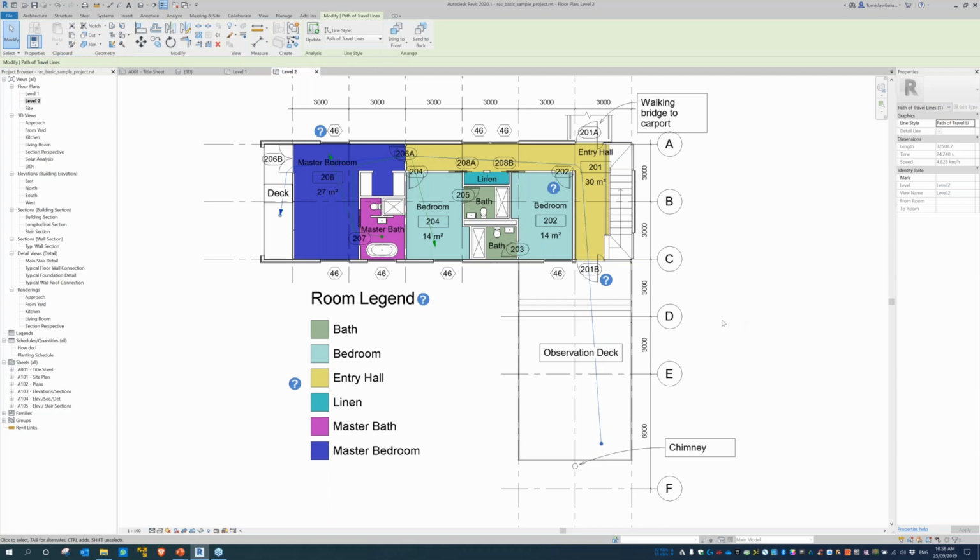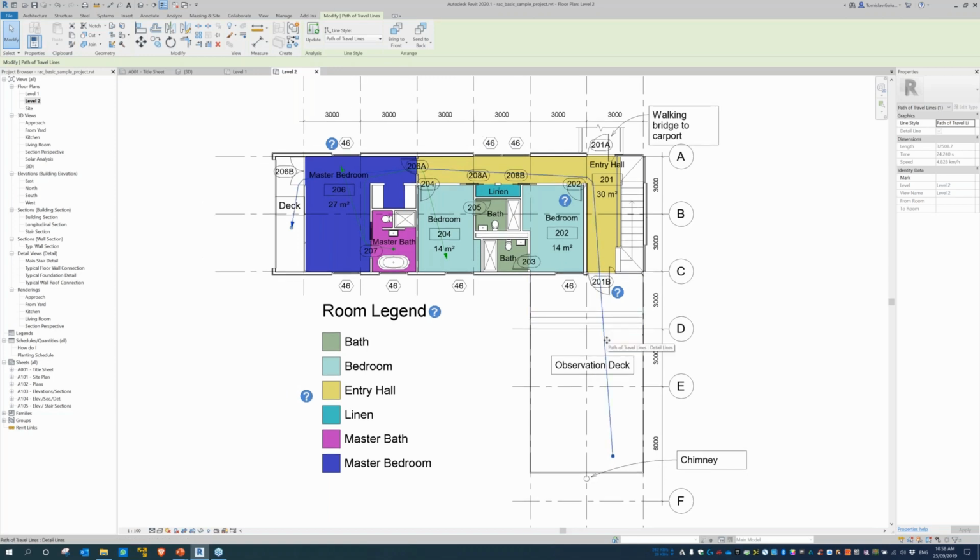And you can see the path of travel has gone through the door, up around that hallway and out through this door in the bedroom there as well. So you can see it does take into account all of those obstacles. I apologize if it's a bit hard to see online, but that tool is there, and like I said, you can see on the right hand side here that it is actually a Revit element, and it is a path